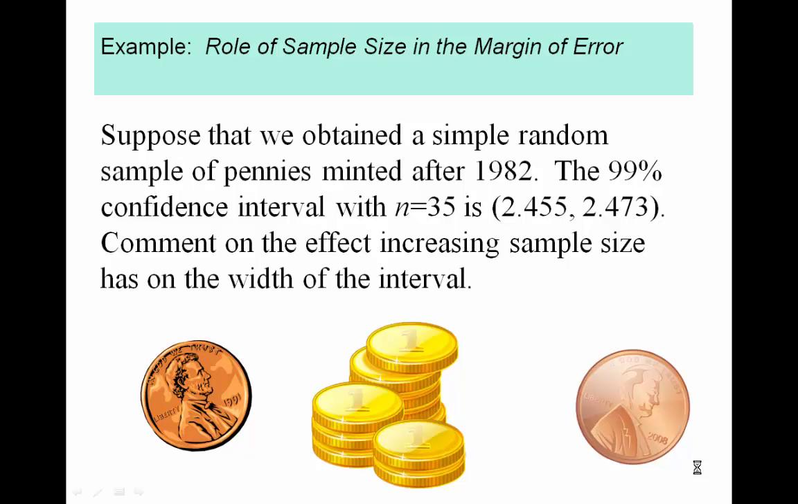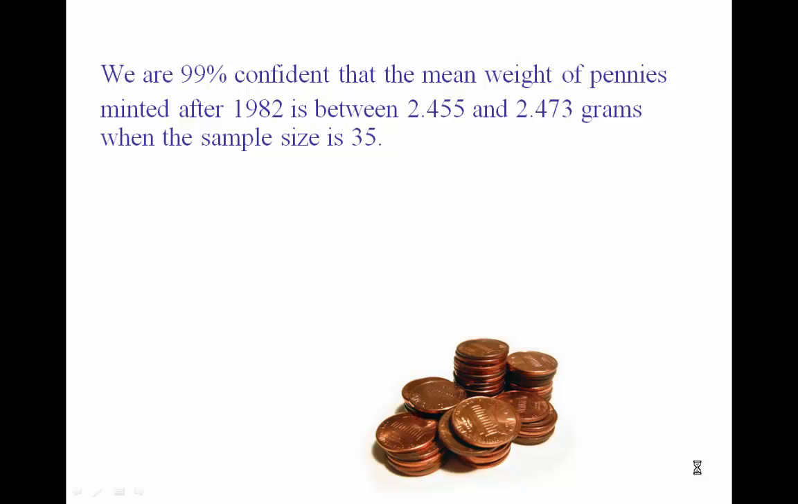Suppose that we obtain a simple random sample of pennies minted after 1982. The 99% confidence interval with n equal 35 is 2.455 to 2.473 grams. Comment on the effect increasing sample size has on the width of the interval. And you'll recall previously we used a sample size of 17. We are 99% confident that the mean weight of pennies minted after 1982 is between 2.455 and 2.473 grams when the sample size is